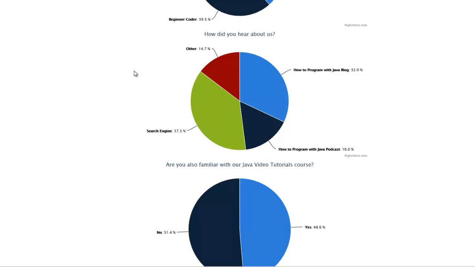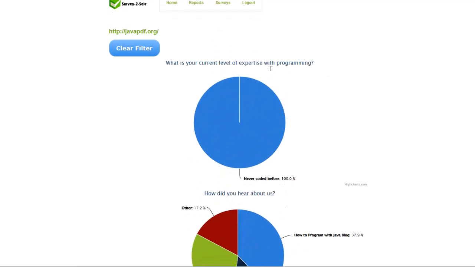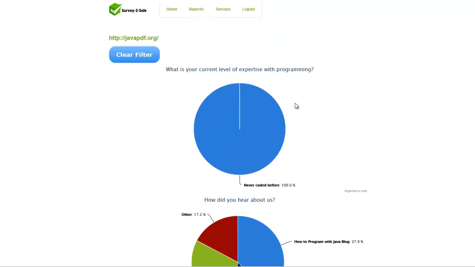And if you like, then you can drill down into another segment. Like, let's say I want to only look at people who have never coded before. I can click on this and break it down that way. So it's very cool, very neat that you can drill down like that, and it's very helpful with reaching out to these people and increasing your sales. So hopefully that's a good overview of the survey